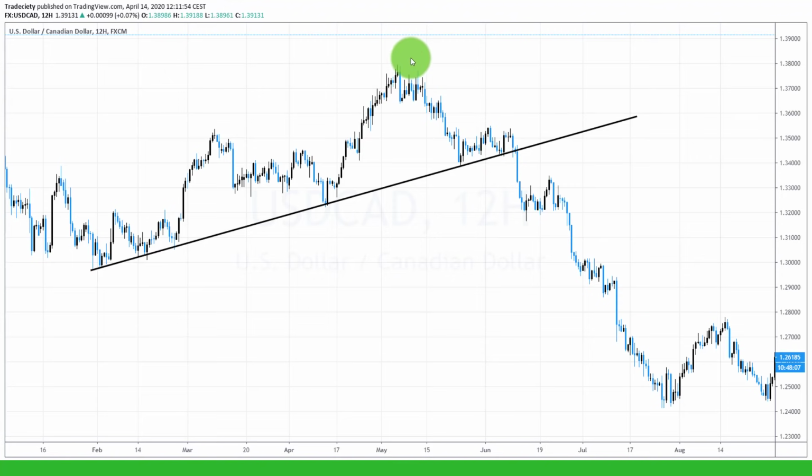lows, what we can see is here that here's the ultimate high. And then after this high, the price never even came close to this high. We made a significantly lower high here. So this tells us already not a lot of bulls, a lot of bears in the market. This even looks like a lower bounce here, a breakout buildup. And then once this trend line was broken, you can see this trend really accelerated to the downside. So trendline breakouts, if you can find a valid trend line with multiple touch points, might be a very good